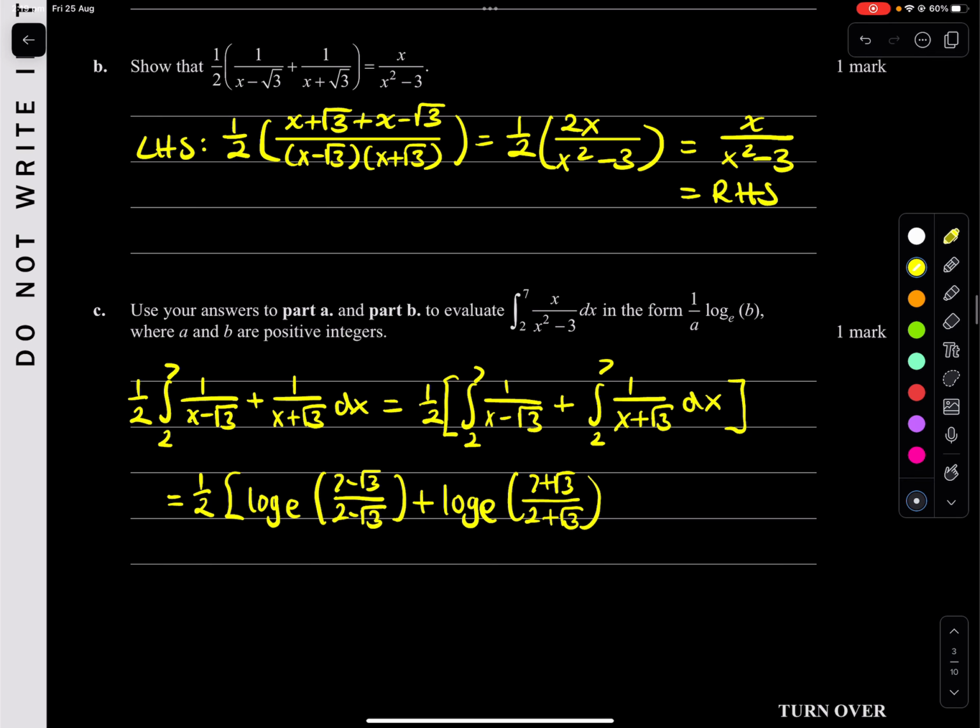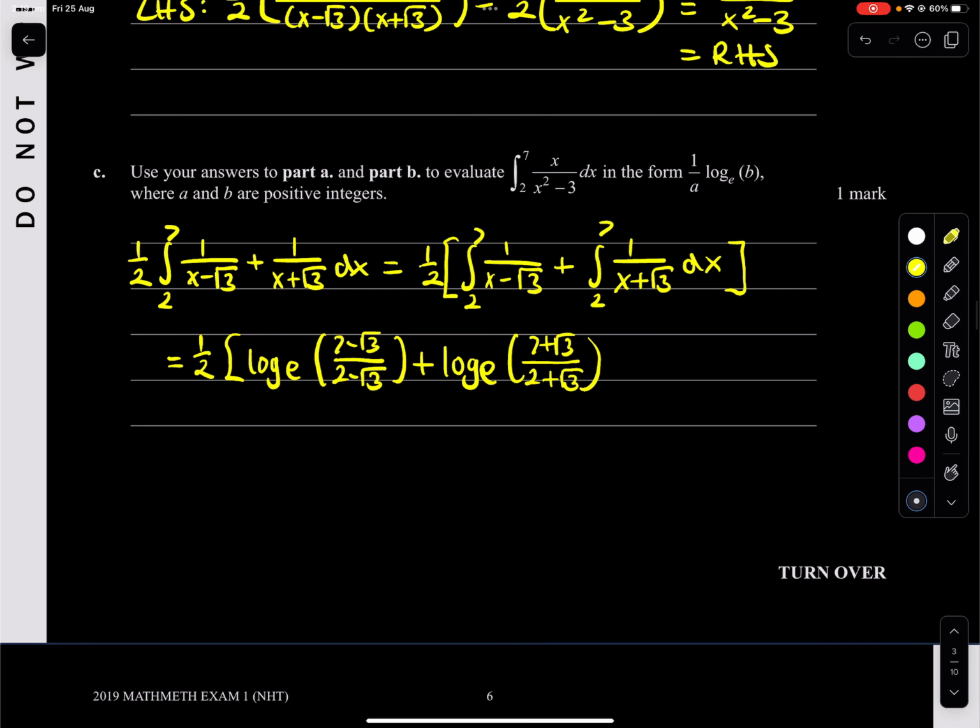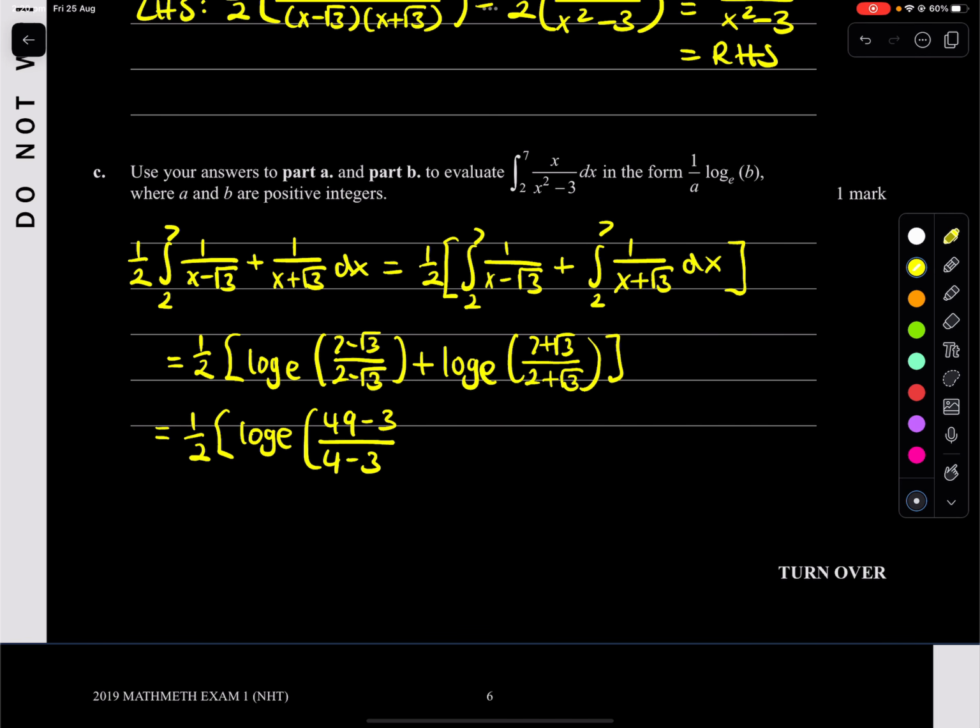Yep. So doing this by log laws, we know it'll be half, they'll be multiplied, so it'll be log e. So the tops will be multiplied, and it is a difference of perfect squares, so we can just say 7 times 7 is 49, minus 3 over, the bottom's also a difference of perfect squares, so it'll be 2 times 2, so it'll be 4, minus 3,